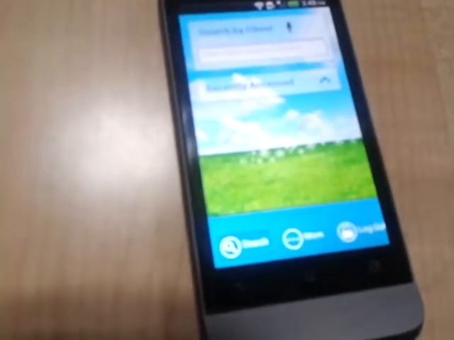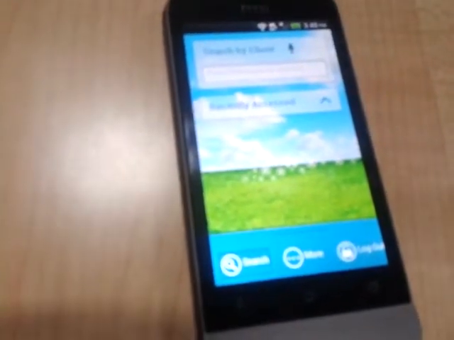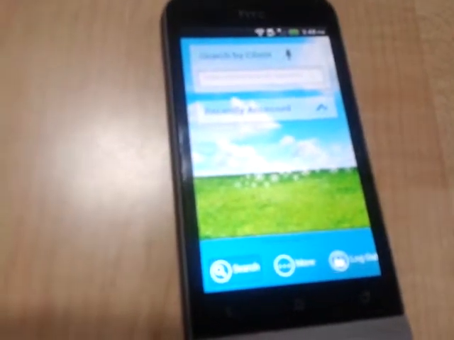Now, as we can see, the user is authenticated and the login has been successful.